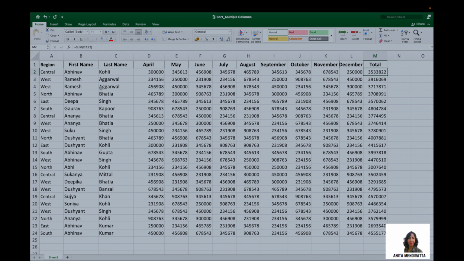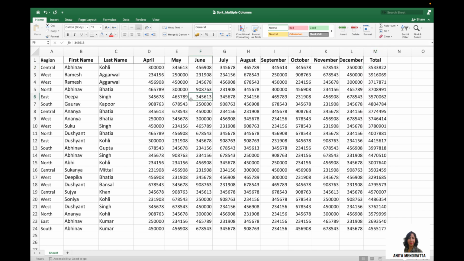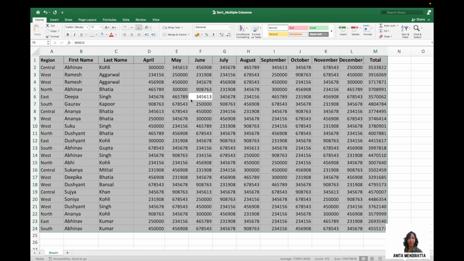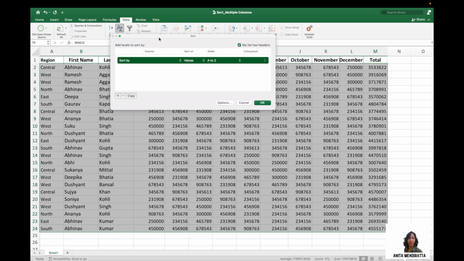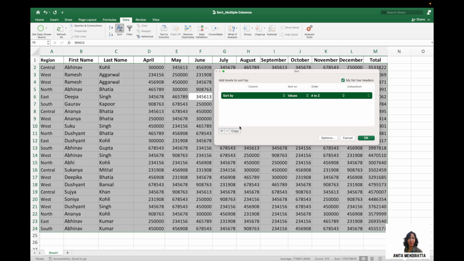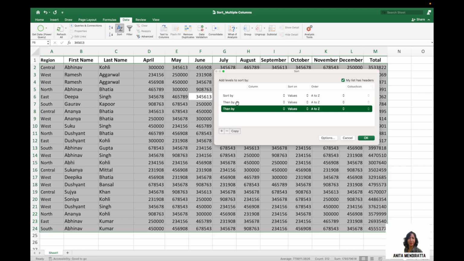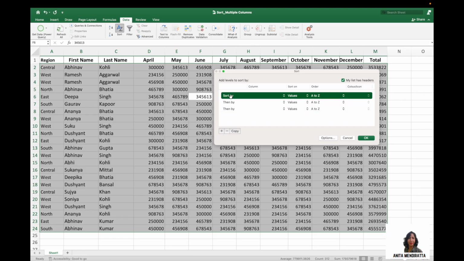Now I want to sort this data. So for this I need to select this table by pressing Ctrl A and then going to Data tab, Sort function. Here the dialog box appears and I need to add different levels because I need to sort it for different columns, multiple columns. So first level of sorting I want to do region wise because I want to see